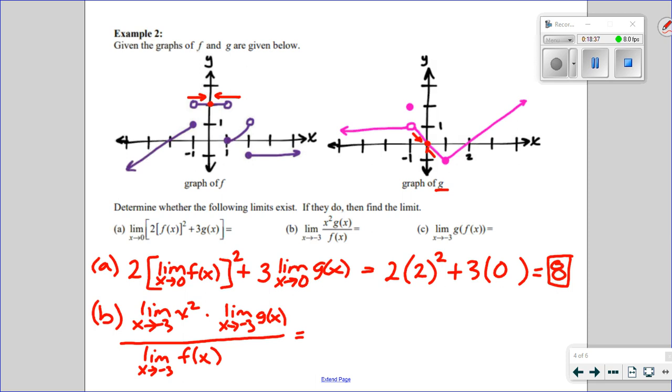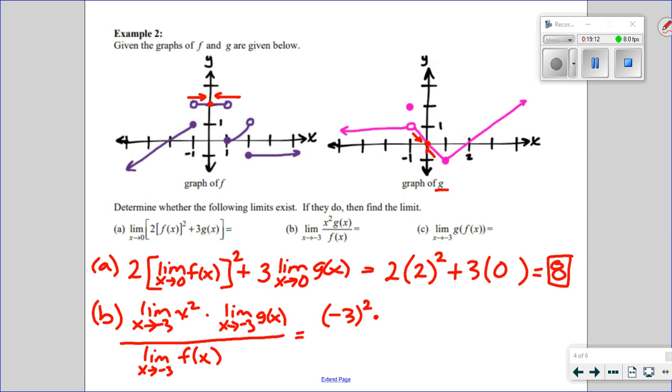Okay, now, to evaluate the limit as x approaches negative 3 of x squared, you guys, x squared is a parabola. There's nothing too unusual in the graph of a parabola, meaning there are no holes, there are no vertical asymptotes. So really, when I evaluate that limit, it would be the same as evaluating the function at negative 3. So I really can just plug negative 3 in for x. Okay, so we'll end up with negative 3 squared times,